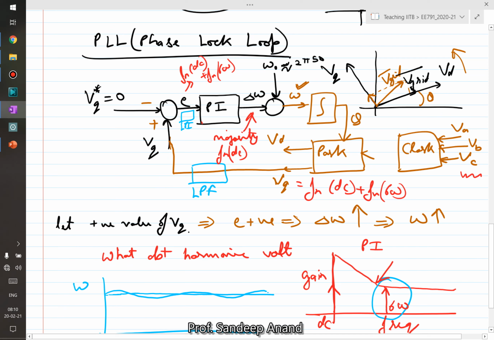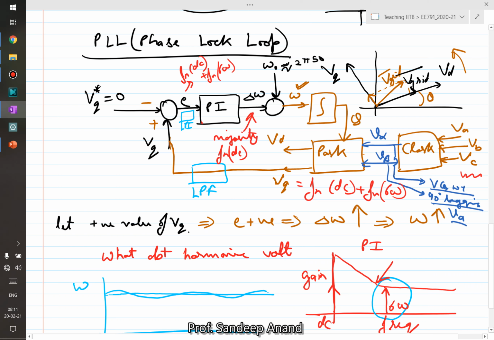In this one we were getting V alpha and V beta from Clarke's transformation. If you have single phase, then what is V alpha? V alpha could be the phase voltage, which is, let's say, V cos omega t. And V beta could be the 90 degree lagging of the A phase voltage. Thus, one becomes V cos omega t, the other becomes V sin omega t. But both of them have harmonics, which is fine, because as we have seen, this LPF will provide attenuation to that harmonic and it will operate.